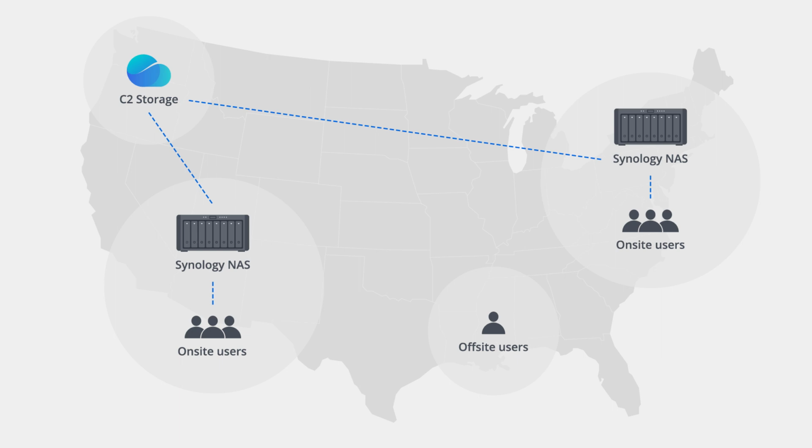Now, the on-site users are going to be mainly interacting with the local cache for your hybrid share folder. Now, what this local cache is, it's a repository of data on the local NAS that represents your most frequently accessed data at that specific site. And so what that means is that each NAS at each location can have a unique pool of data inside of their local cache that they happen to access most frequently. Any changes, new data, all that stuff that is created on one side will first be brought into the local cache, sent up to C2, and made available to the other sites on demand should they ever need to get access to that data.